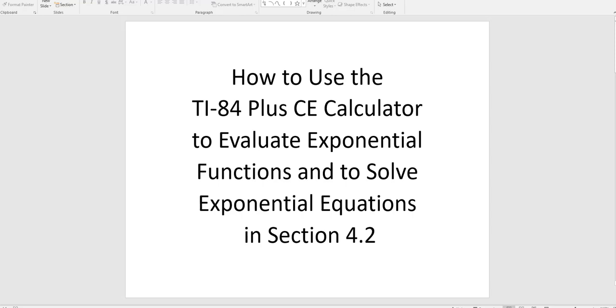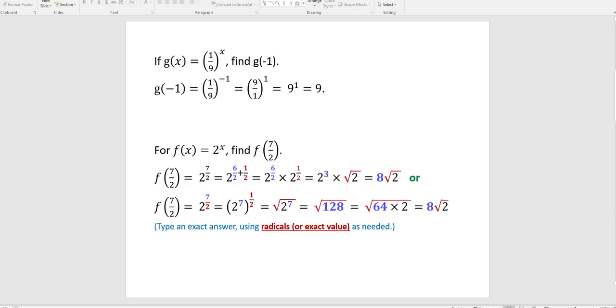This video is to show you how to use the TI-84 calculator to evaluate exponential functions and to solve exponential equations in section 4.2. This first function needs to be evaluated at -1. Notice how this function is solved by hand. The answer is 9. To evaluate this function at -1 using the TI-84 calculator,